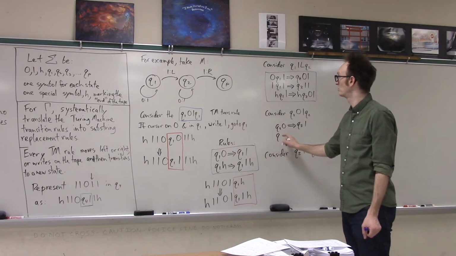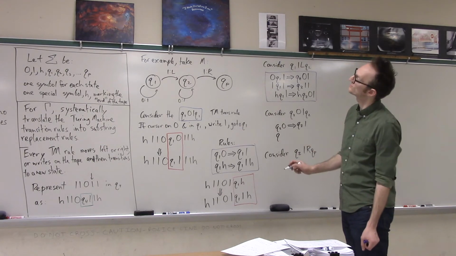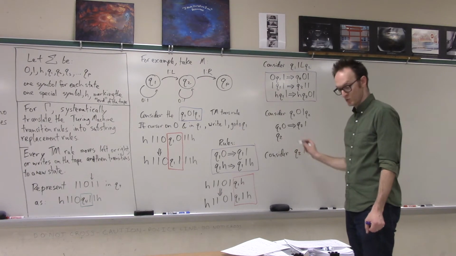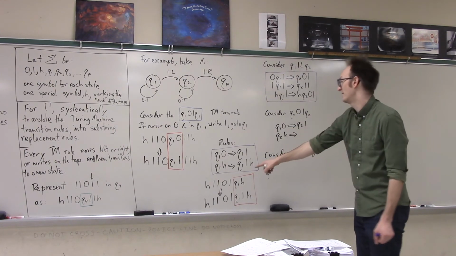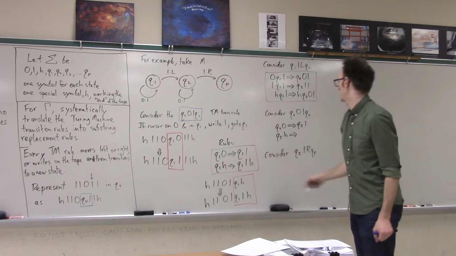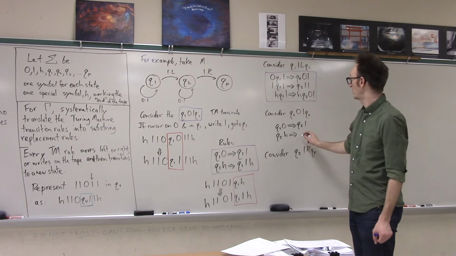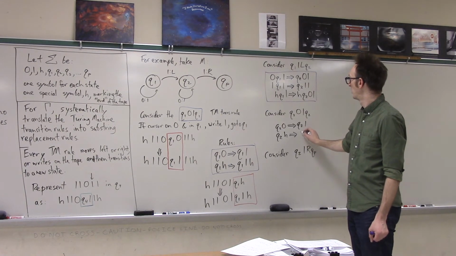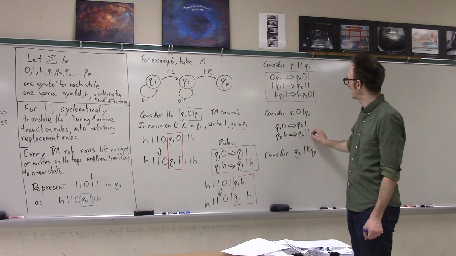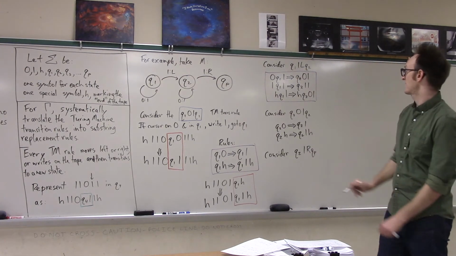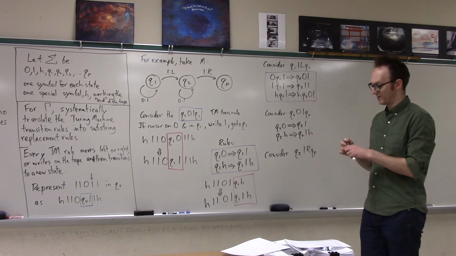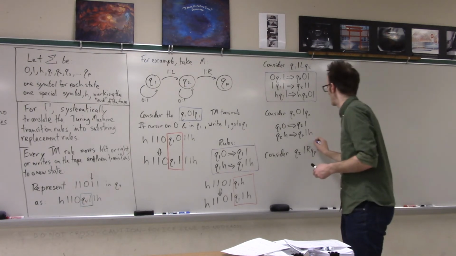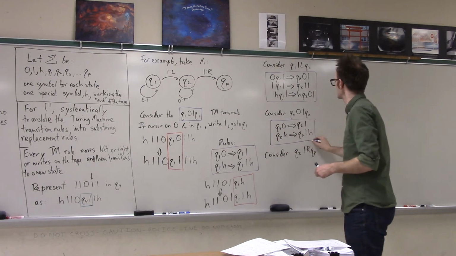So Q2, oh, that's interesting. Well, whatever. Q2 H should go to Q2 1 H, because that also counts as reading a 0. And now I push the edge of my tape out a little bit more. Okay, one more. So put a purple box around this. Now consider